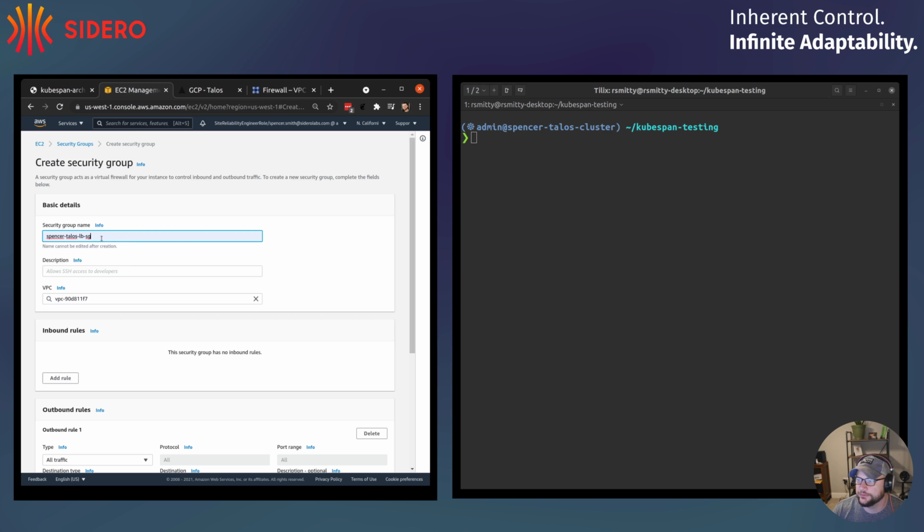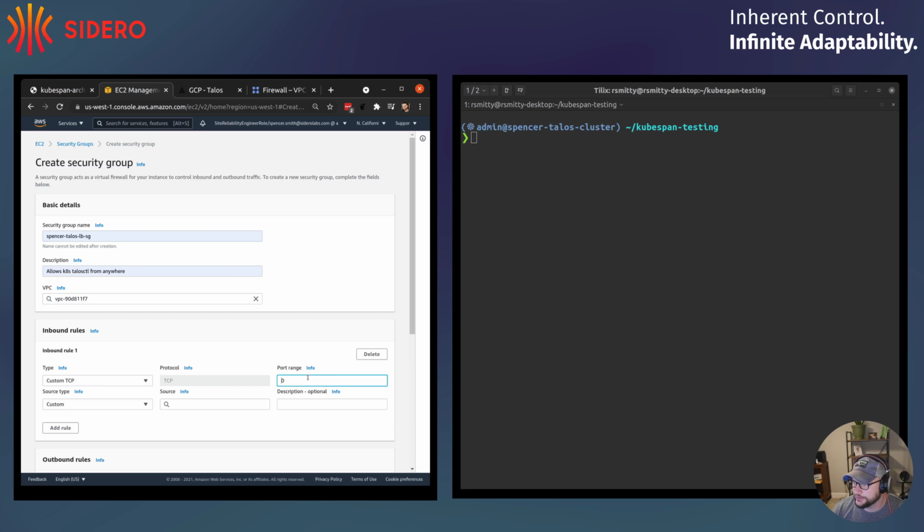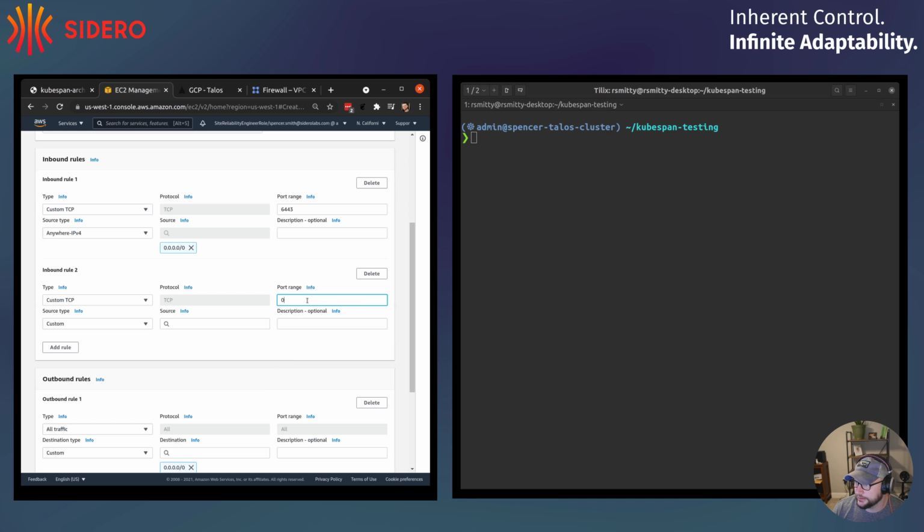I've run through this at least once to make sure it worked the way I wanted, so I'll be doing a little bit of autocompletion here. I'm going to create a load balancer security group, and this is going to allow Kubernetes and talosctl from anywhere. That's convenient that it went ahead and filled it in for me. The Kubernetes port we use is 6443, and that's going to allow it in from anywhere. And then again, 50000,